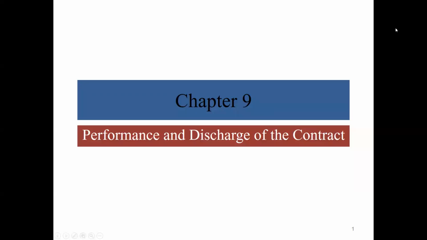Welcome to this lecture in which we're going to be covering Chapter 9 of our textbook. This chapter has two topics, performance and also the topic of discharge with respect to contract law. Naturally, that's what this course is about. These two topics are very closely related, so it kind of makes sense that they would be in the same chapter. We're going to approach performance first, and then we're going to talk about discharge, but I think you'll see how discharge kind of loops back to performance, so it gets to be a little bit of a circle here. So let's begin.